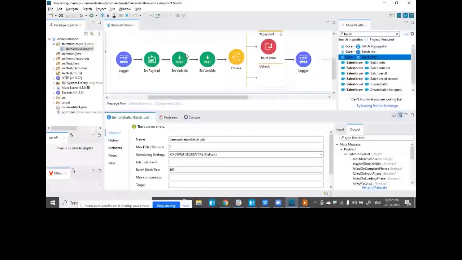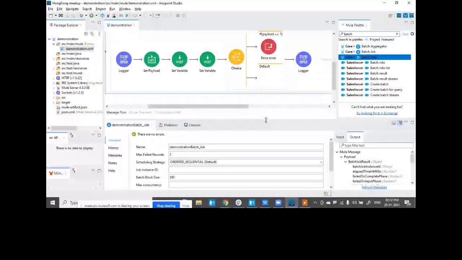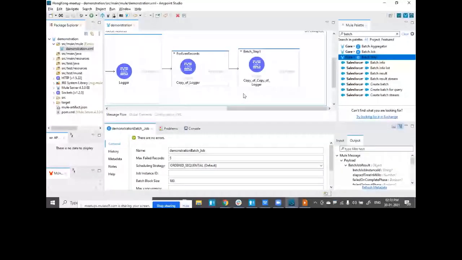One more characteristic that we need to discuss is that the batch job scope is by default asynchronous in nature. Let me explain what I mean by that.